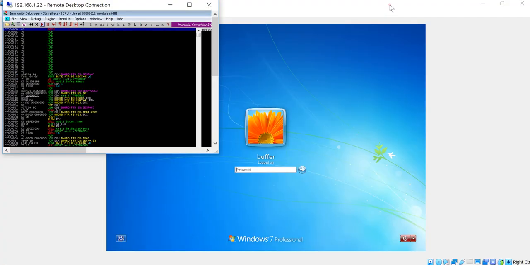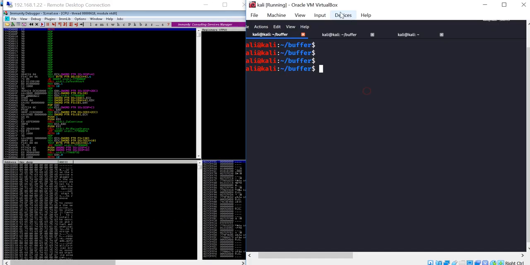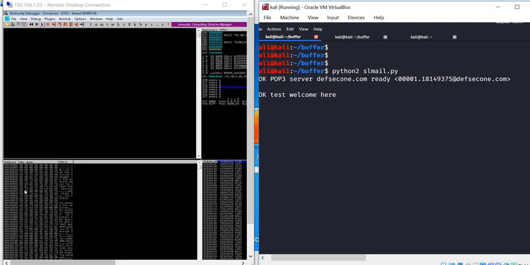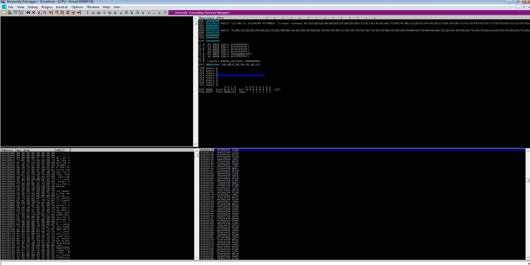So we are ready to run the program again. I'll just say python2 slmail.py and enter. You could see the program crashed again, but this time it crashed on 39694438.